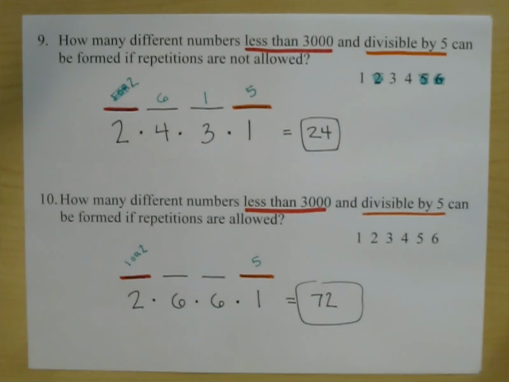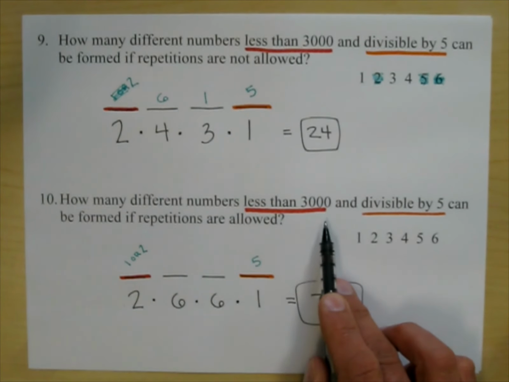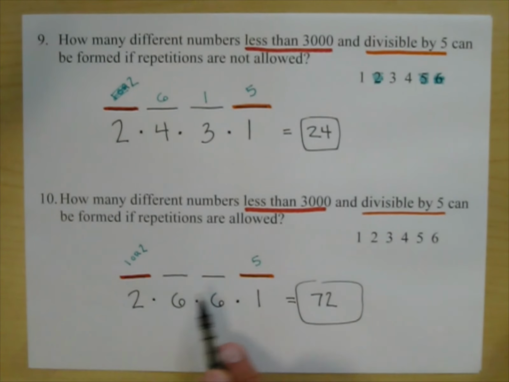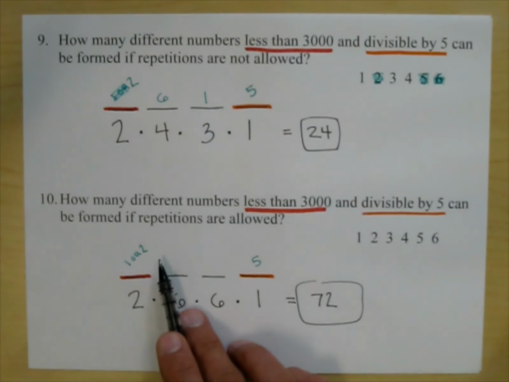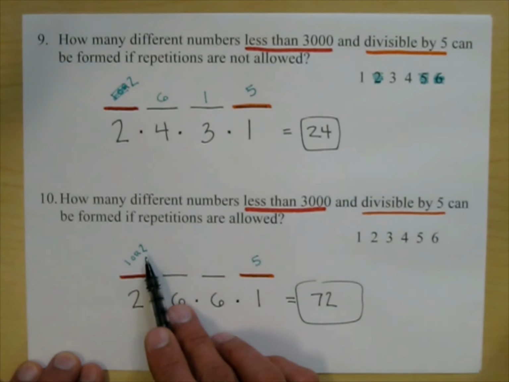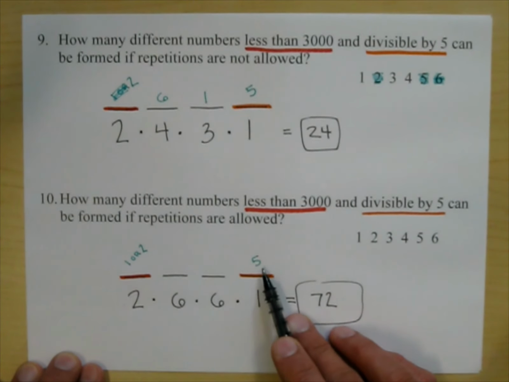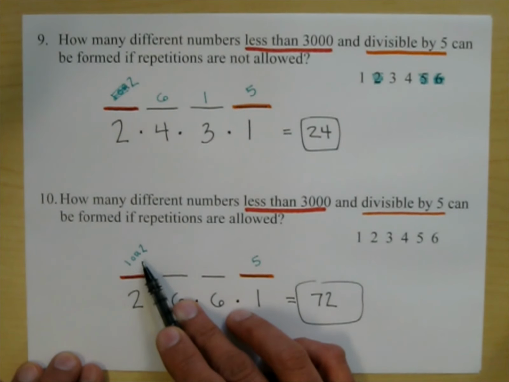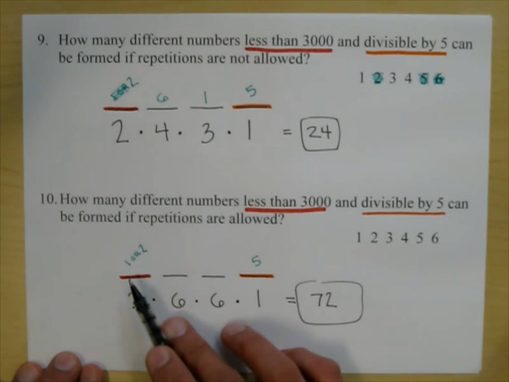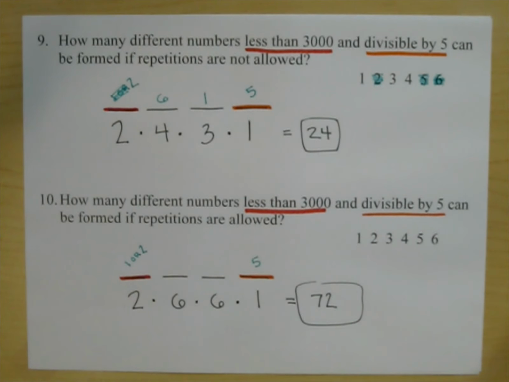So these problems got complicated. If we had said greater than 3,000 and divisible by 5, then there would be some overlap on those. This would be inclusion, exclusion, and it would get a little bit more complicated. We are not going to do problems that are that complicated. When we have problems this complicated, we have some choices here for this restriction and some choices here for this restriction. They will never overlap. But in the real world, it's possible that there is some overlap, and then you've got to do more complicated